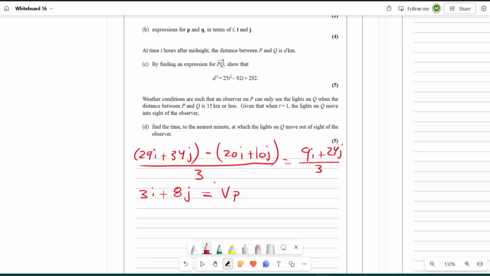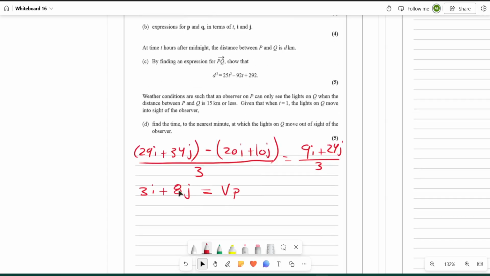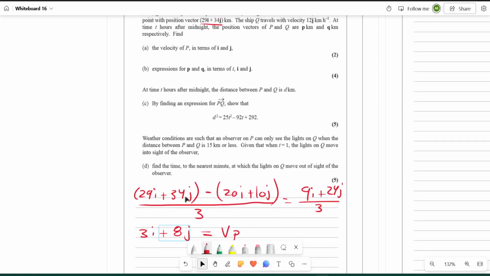The question here wants the velocity in terms of i and j, so I'm going to leave it. If it asks for magnitude, then I'm going to do the square root of 3 squared plus 8 squared to get the magnitude. So now we solved the first question. Let's not forget the unit. This is in kilometers per hour. Okay. Question B, this is A. Question B says